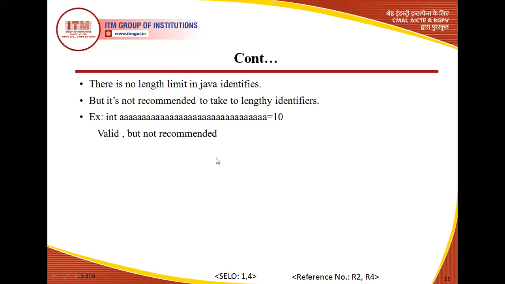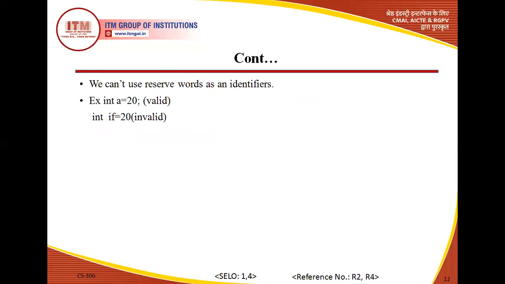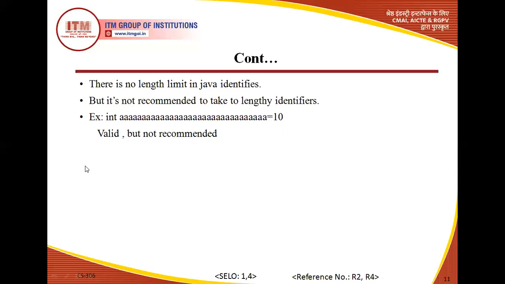Now, coming to the next one: the length of the identifier is no big issue, there is no restriction on the length. So, is this a valid variable? Yes, it's a valid variable. But if someone tries to remember it, their first task is to remember how many a's there are inside the variable name. If we miss a single character, the whole task is lost, because your variable name must be correct. I hope it's clear to everyone.